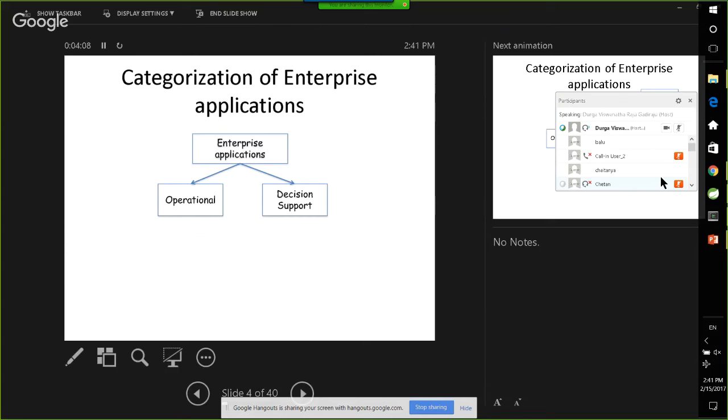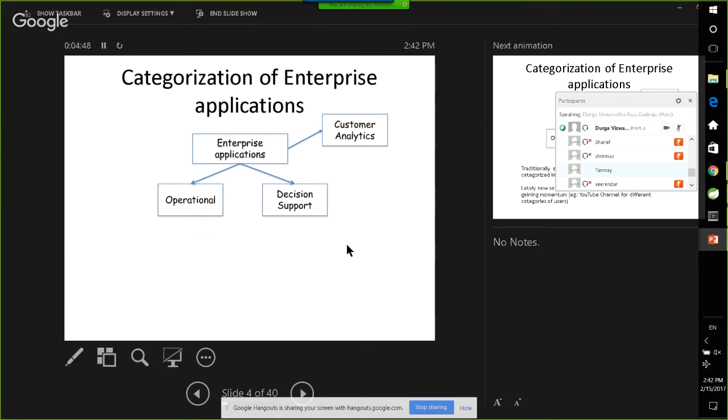With the success of social networking, Google, etc., the paradigm has shifted for the applications also. So these days we are also seeing a new wave of applications, which is customer analytics. Typically, customer analytics is similar to decision support, but the major difference between them is this. If you think about decision support, typically we use BI tools such as Cognos, Business Objects, MicroStrategy, etc., and then build a data warehouse behind them to run the reports.